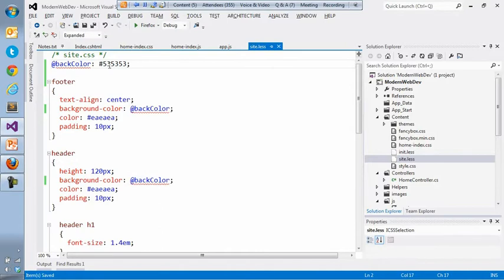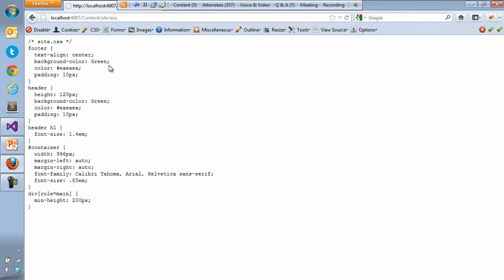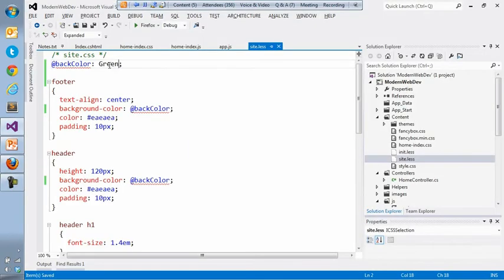by changing this color to green, right? So it's taking these values and pre-processing them for me, letting me do the sort of pieces I need with LESS. I'm able to change and have repeatable sections there. I could do the same with the padding values. I could do the same with colors with variables. That also lets me do things like